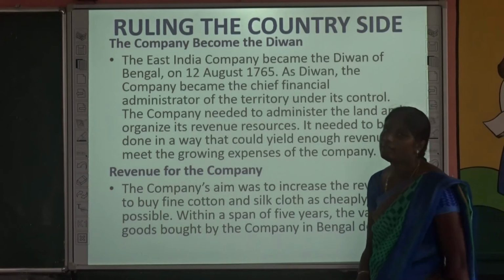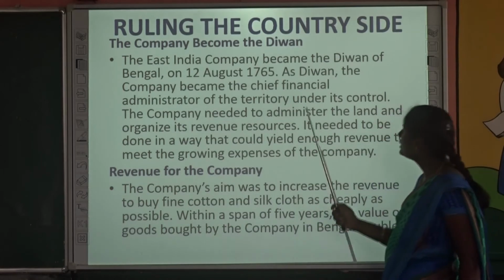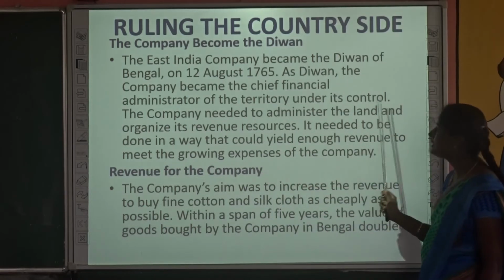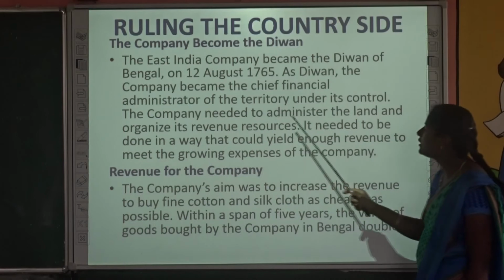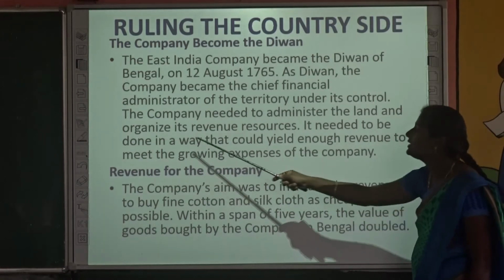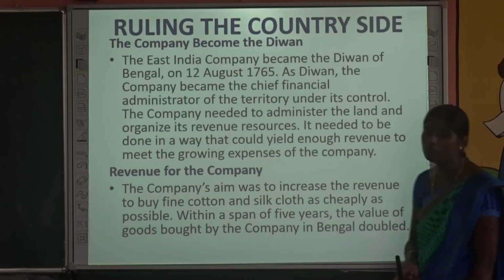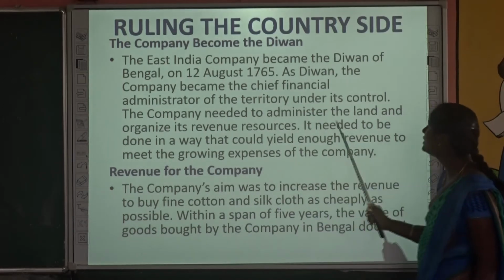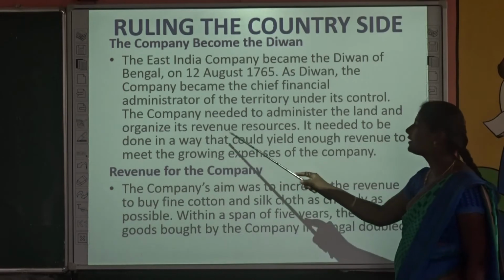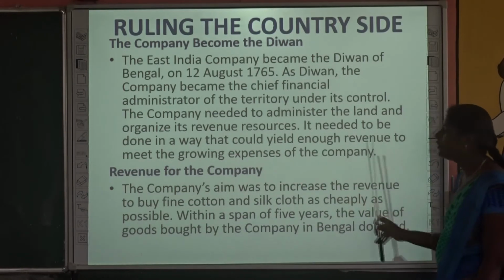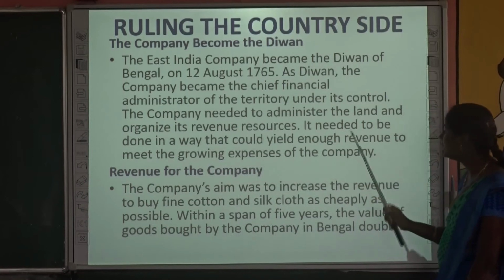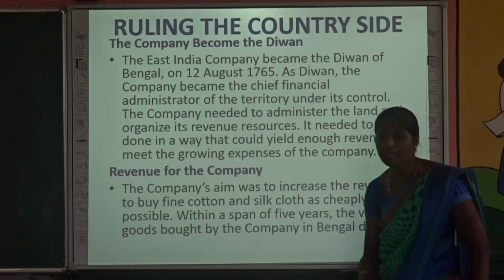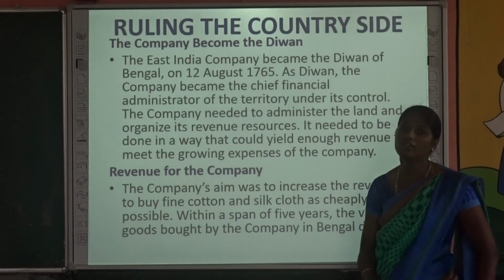Diwan means what? The company became the chief financial administrator of the territory under its control. The company needed to administer the land and organize its revenue resources. Revenue means tax. It needed to be done in a way that could yield enough revenue to meet the growing expenses of the company. So as they became the Diwans, the chief financial officers,